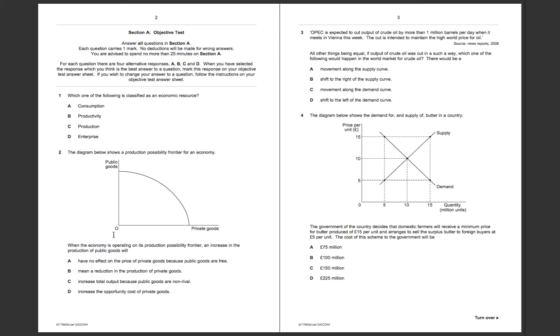So the question is all about when the economy is operating on the frontier, so any point on this curve, what will happen if there's an increase in the production of public goods? Okay, so what this means is whilst we're on this curve, which represents all the different combinations of points that an economy can produce on, from public goods to private goods, what will happen if the curve goes in the direction of public goods and therefore increases production of public goods? Well,